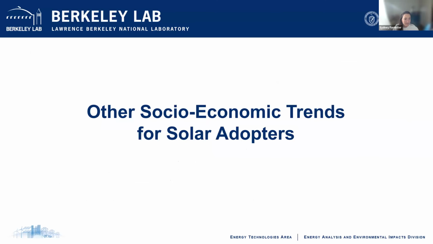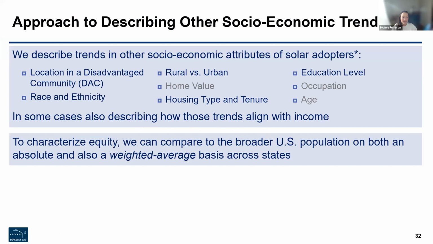Next slide. And then this is the final chapter 3 of the results. In this chapter 3, we're moving from the income trends to other demographic and socioeconomic trends across these solar adopters. And so the next slide shows again all of these different variables and indicators that are in the